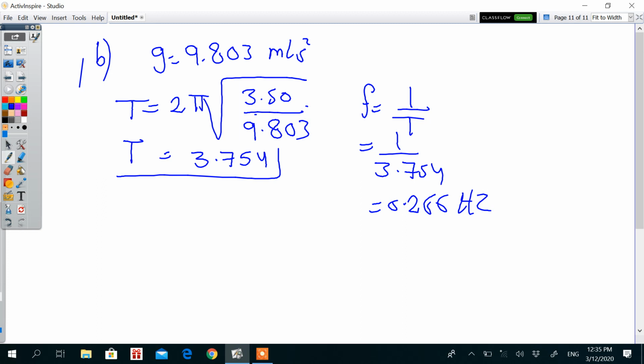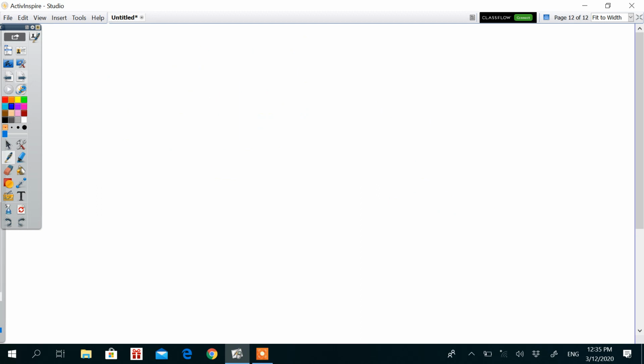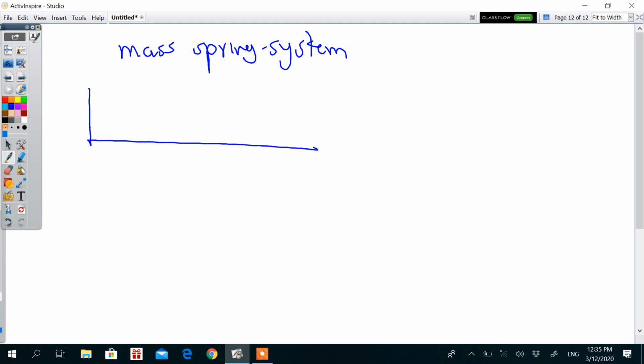Again, we can use this formula to find either T, L, or G. Okay? Now, let's move to a second example of simple harmonic motion, which is the mass-spring system. Now imagine a spring is laid horizontally on a frictionless surface, and this is the natural length of